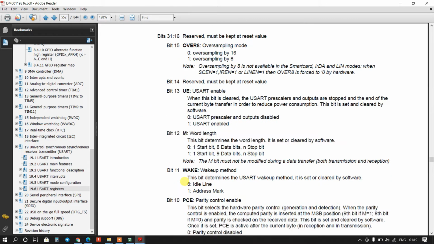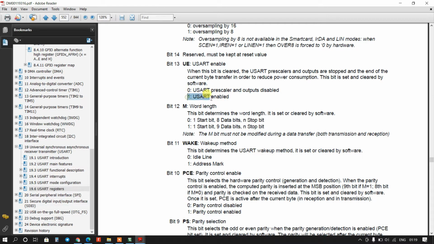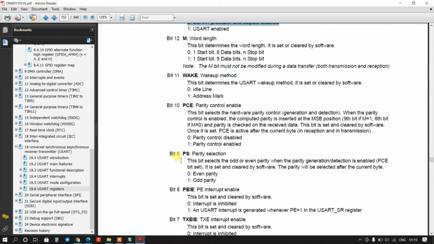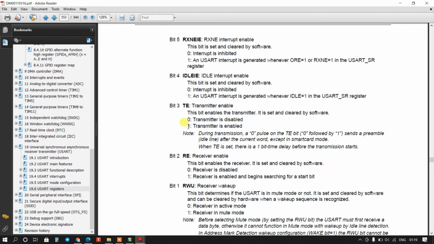You can see here, if bit 13 is 1, then USART is enabled. If bit 13 is 0, then USART output is disabled. And the same thing for bit 3. If bit 3 is 1, then the transmitter is enabled, and if bit 3 is 0, then the transmitter is disabled.